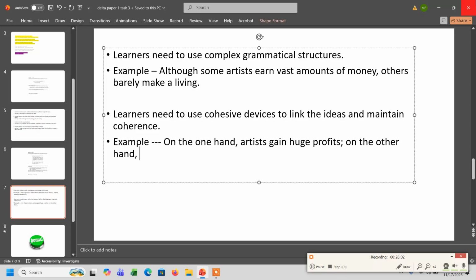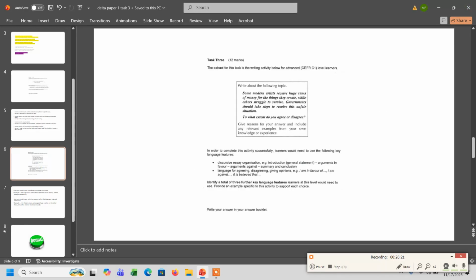On the other hand, only a few receive financial rewards, right? Okay, and as an essay,